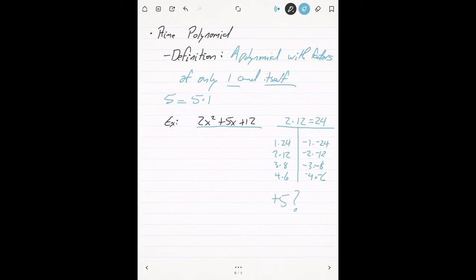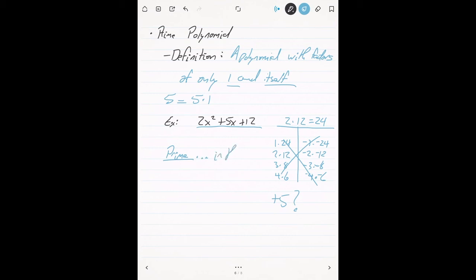Well, it turns out no, none of these do. None of these work. So you might ask yourself, well, what do we do then? We would say that this polynomial is prime, meaning it cannot be factored down into any other factors. Now, I want to be careful in my phrasing here. This polynomial is prime,